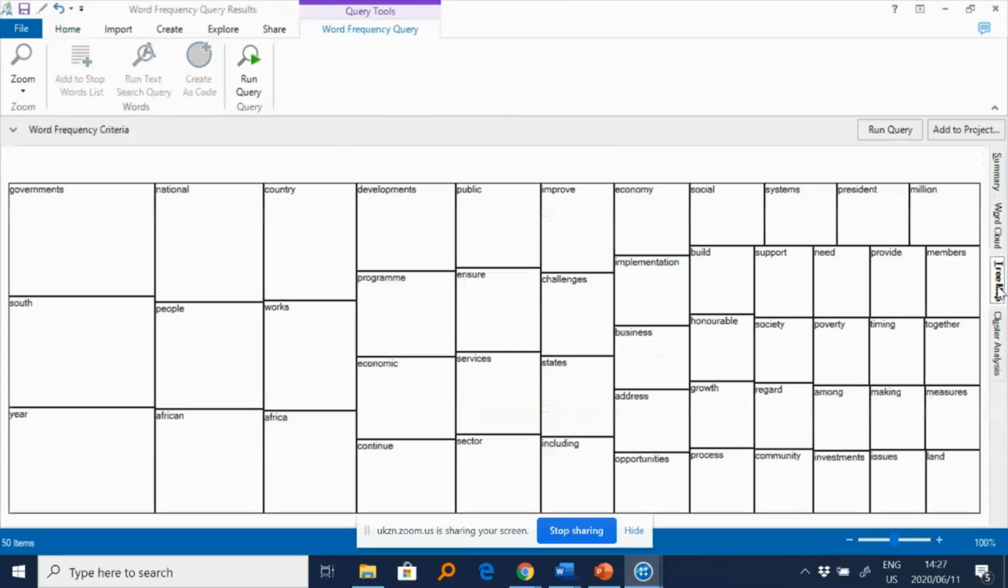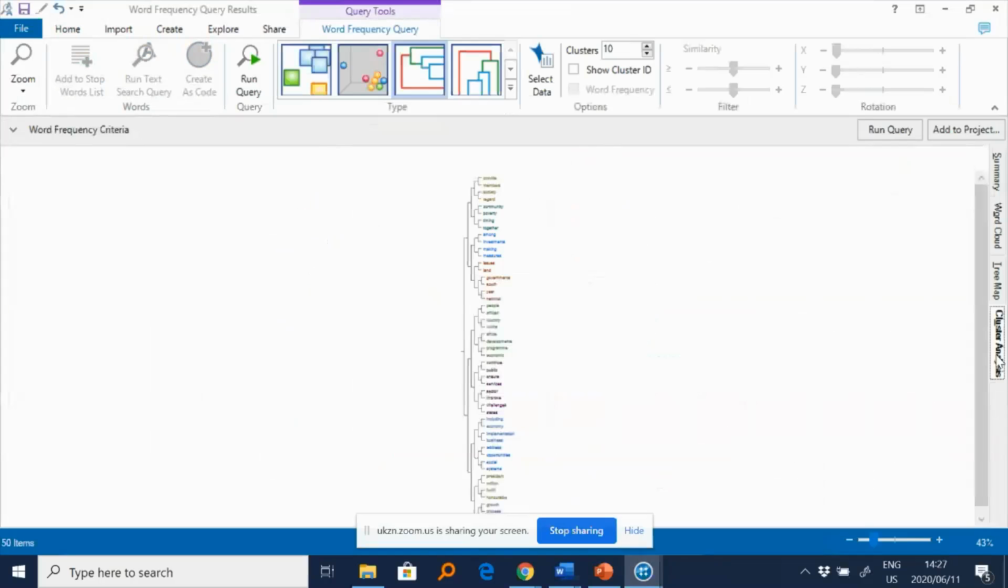You can also display it as a word tree. Another way to look at your data, you can display it as a cluster. This one tells you how the words are connected. It's very tiny. Can I increase the view? Anyway, let's not waste time on that. But this tells you that there are various ways that you can